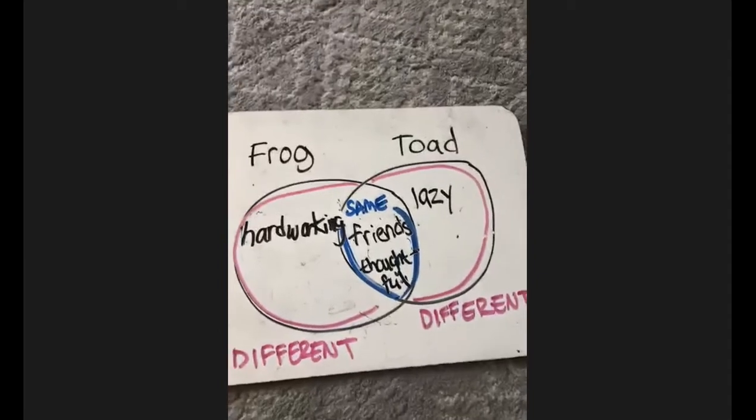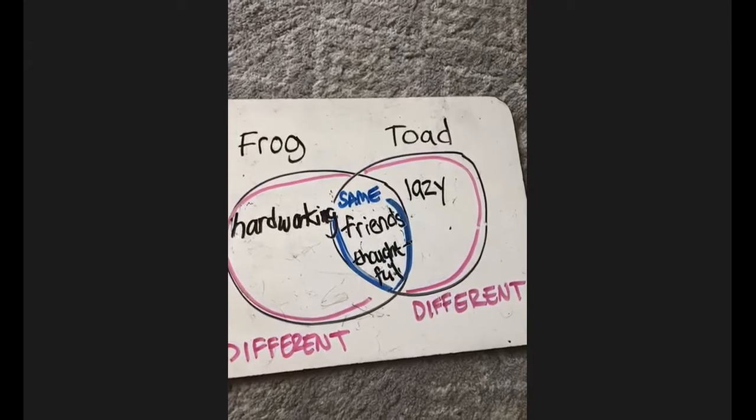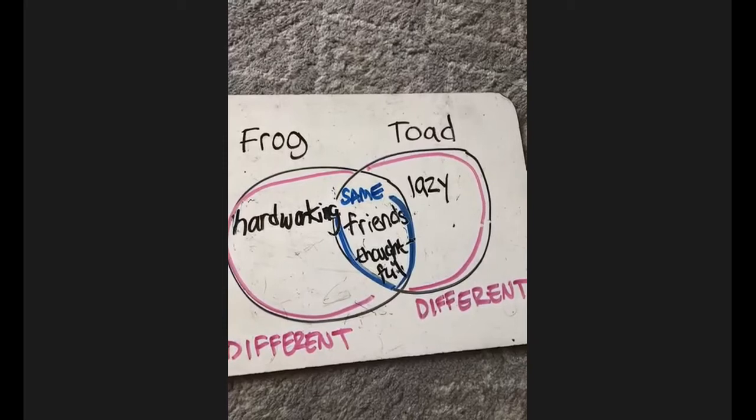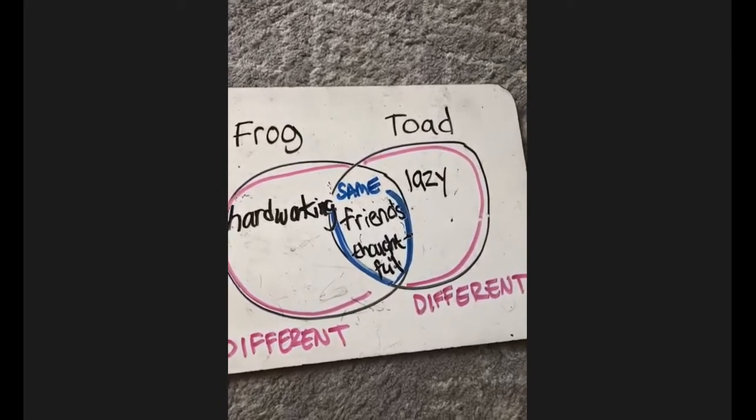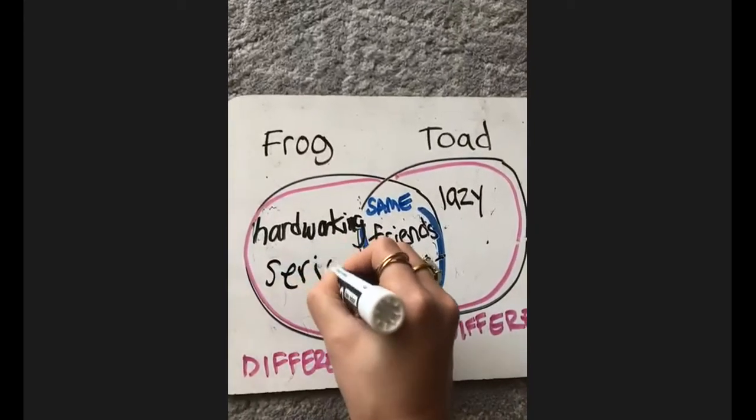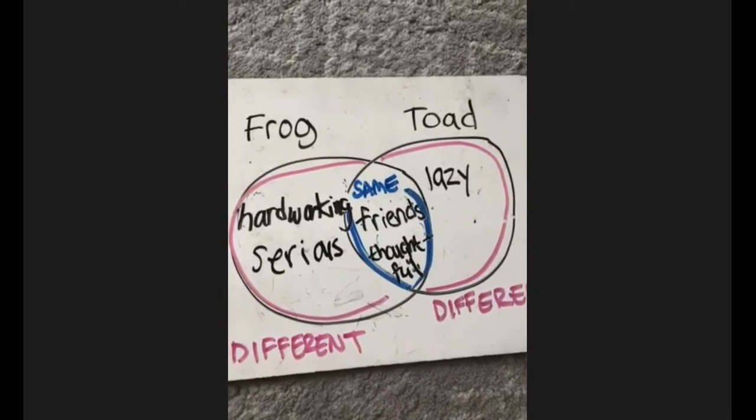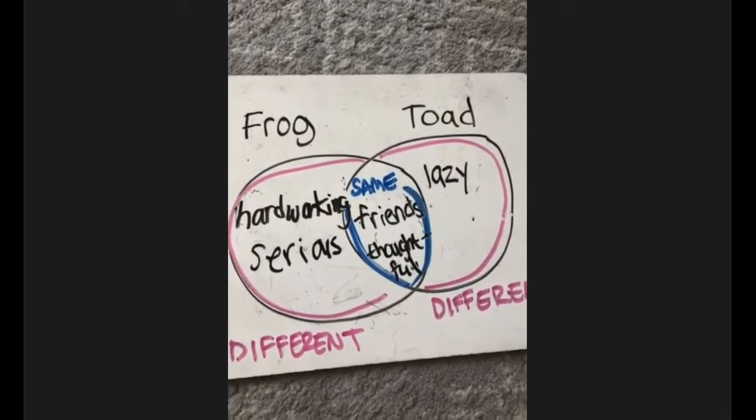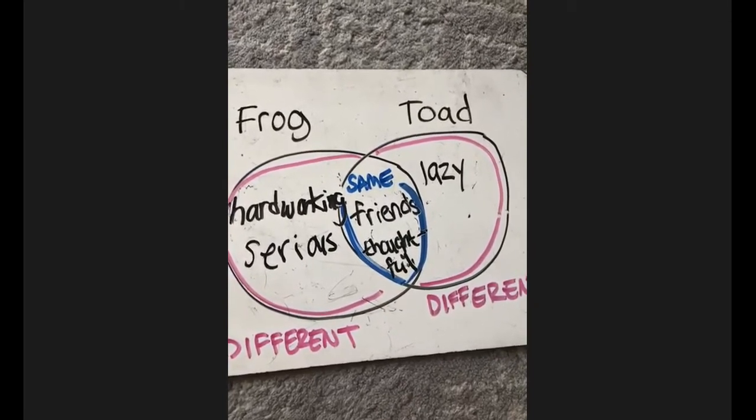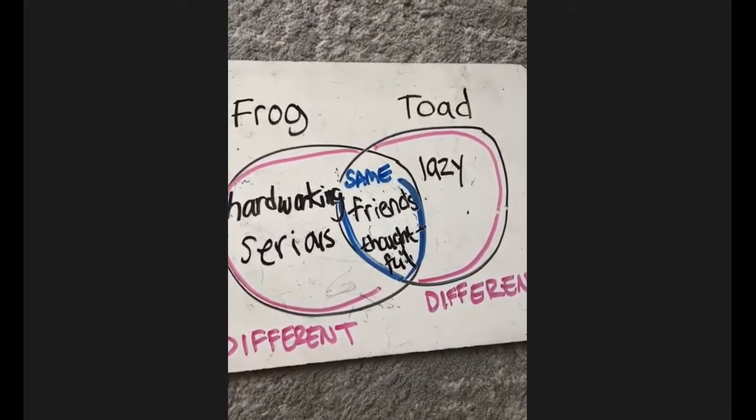Let's think of another way that they are not the same. Well, if I think about Frog, he's kind of a more serious character. He's always trying to be practical and reason with Toad when he's convincing him to go outside or when he's looking for his button. He doesn't really give in. But